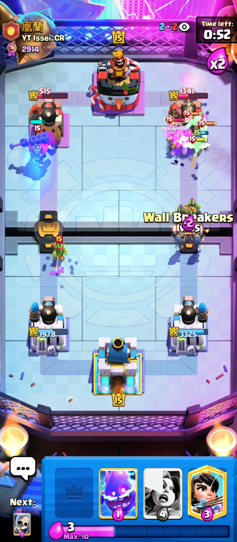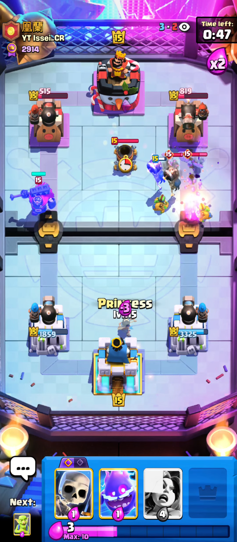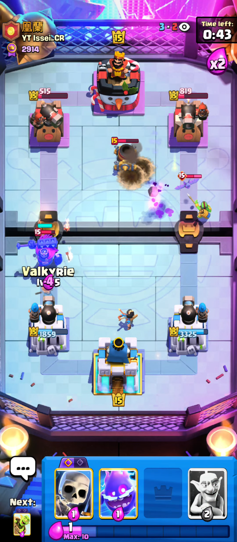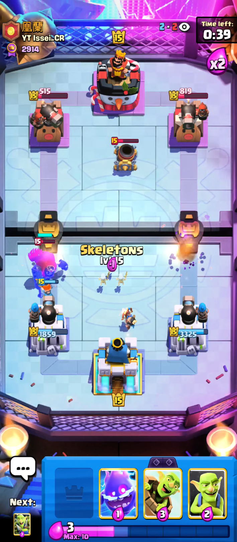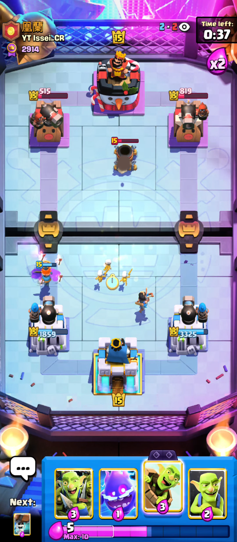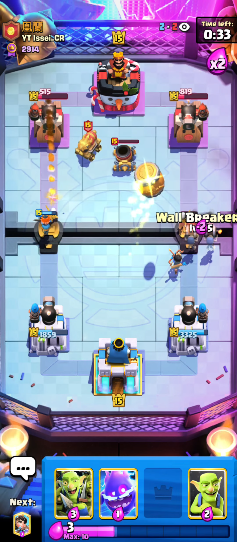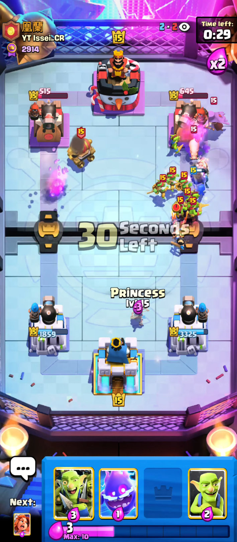I don't really know if he can really come back, but honestly, with the Evo Mortar, you can come back from everything. So I guess he's just cycling to his Evo Mortar now, since he knows that's going to be his chance of grabbing my left side tower, possibly. So I'm going to make sure I pressure him well with my Goblin Barrel right here. I also have my Wall Breakers again, and the Mortar is dead. He's not back to Mortar yet, so...